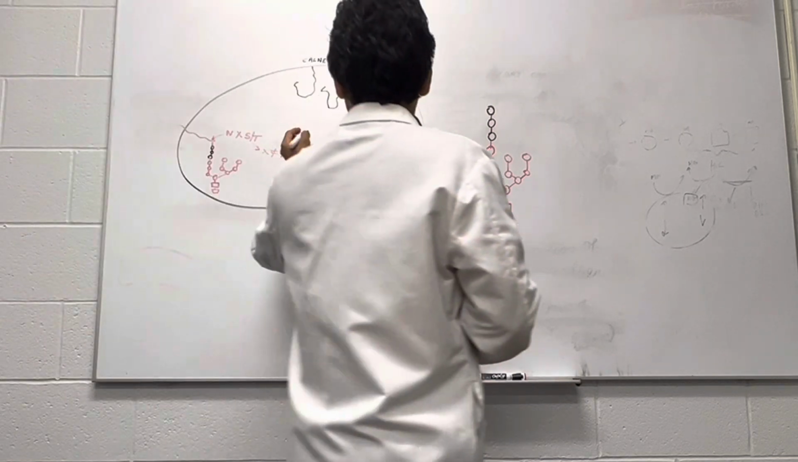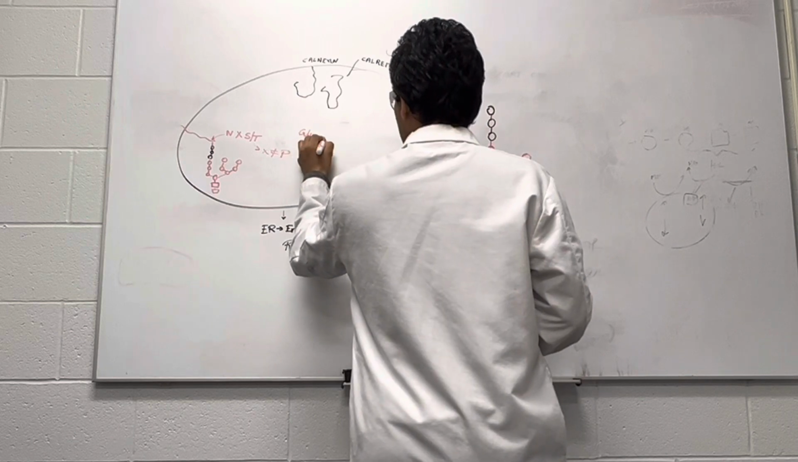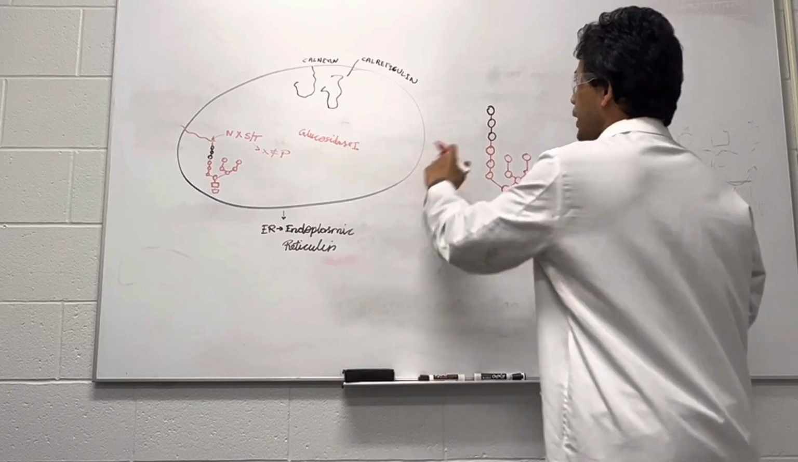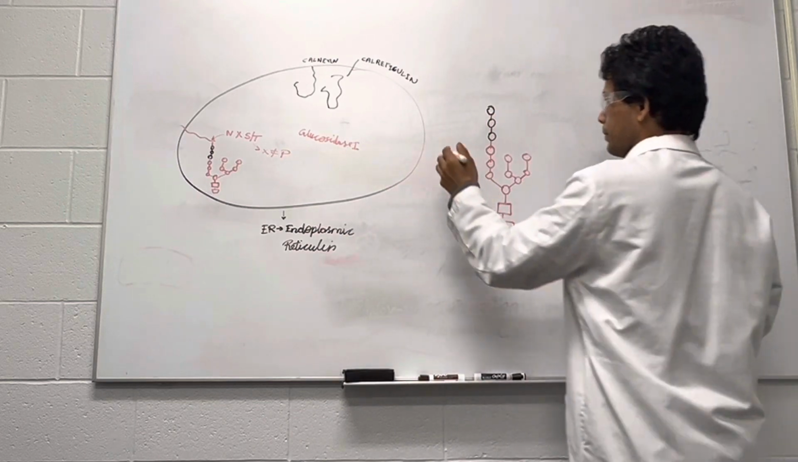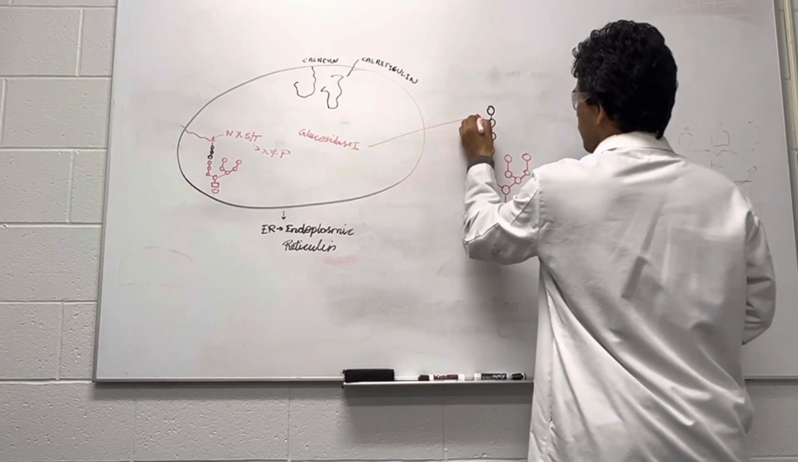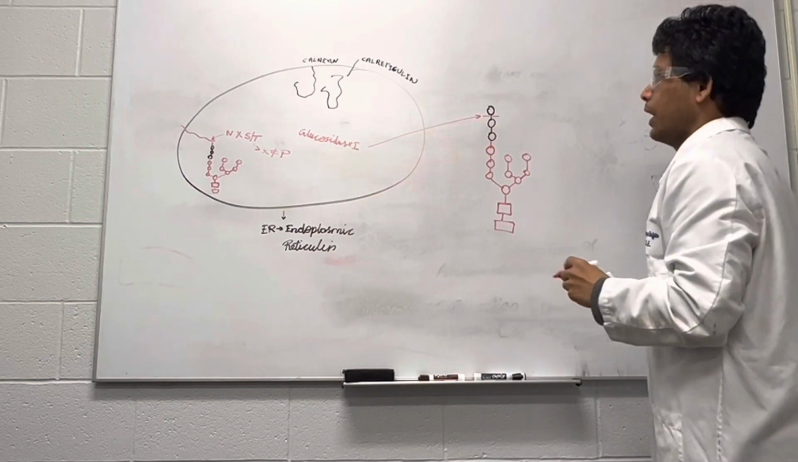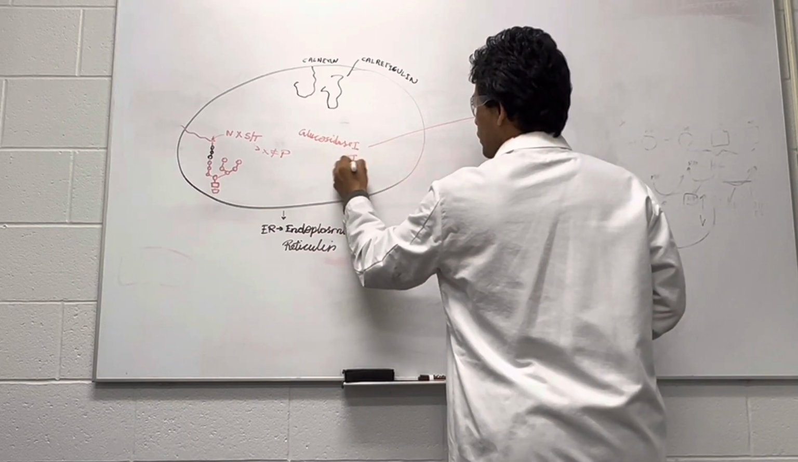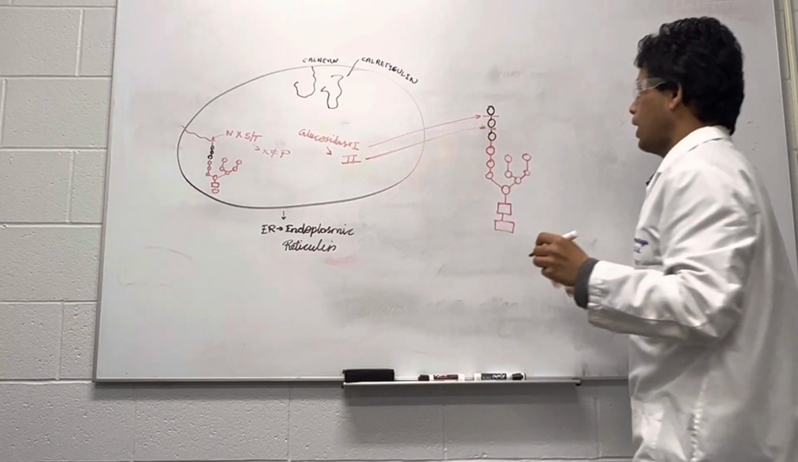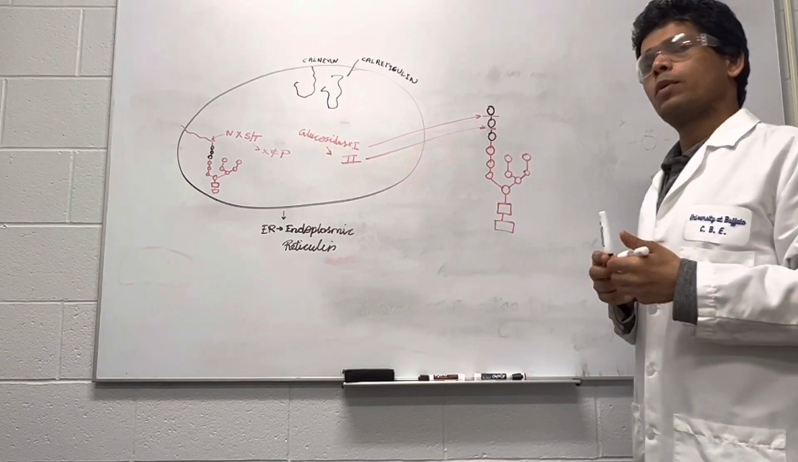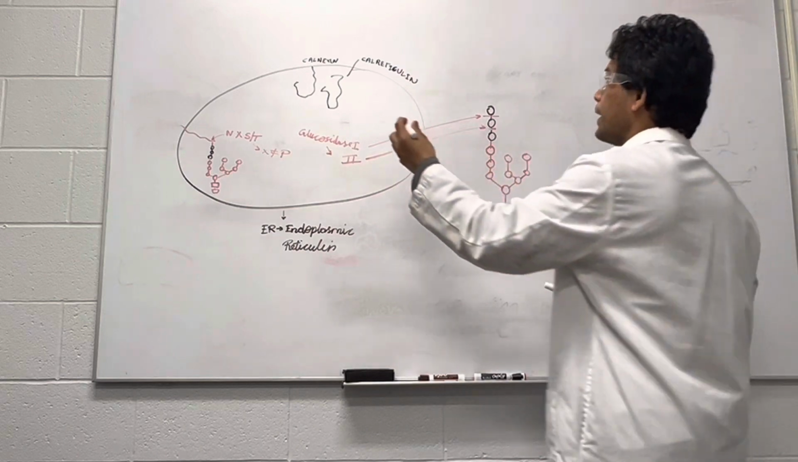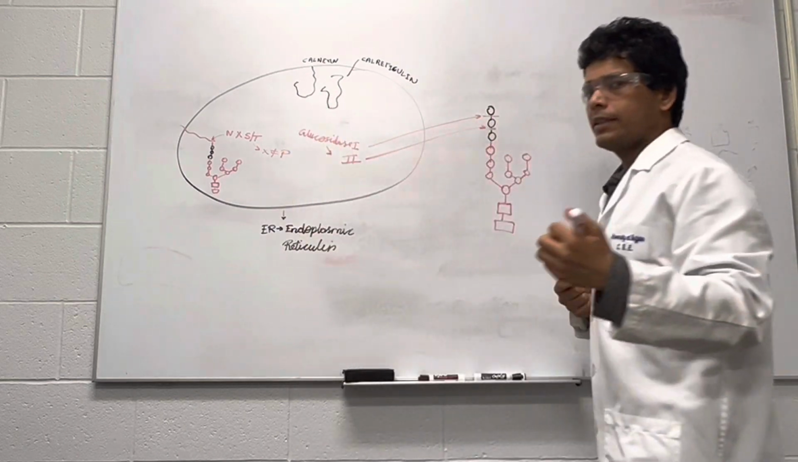What glucosidase 1 will do is cut off this first glucose. Glucosidase 1 will cut off the first glucose, and then glucosidase 2 will cut off the second glucose. And now this single glucose, the monoglucosylated Glycan, is recognized by either calnexin or calreticulin. Calnexin and calreticulin